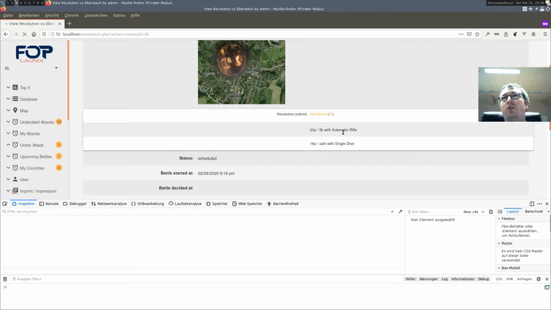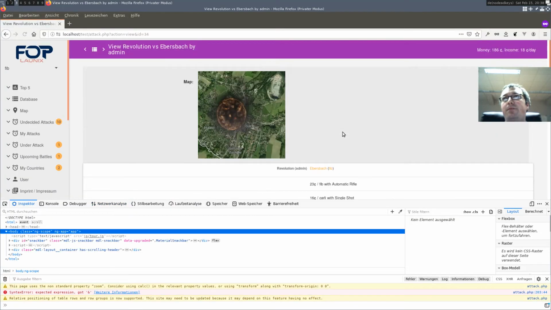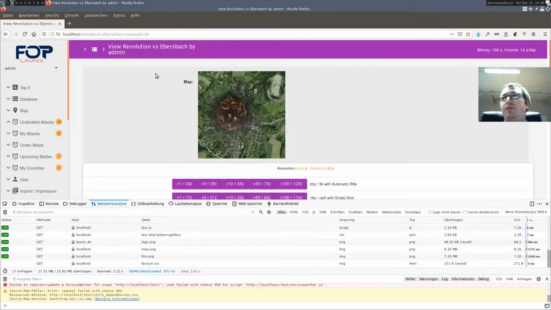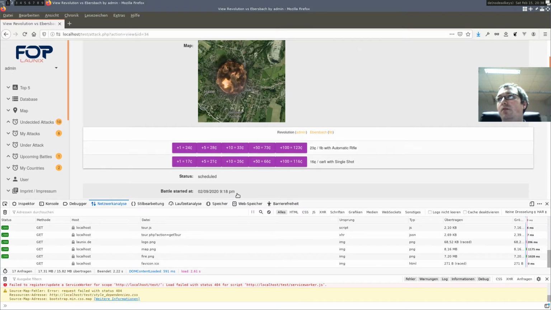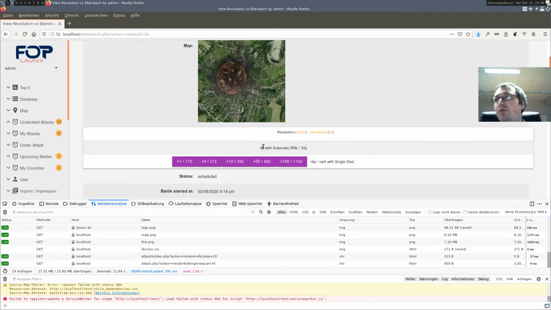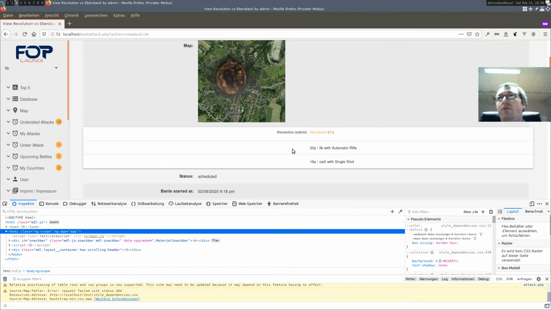Refresh, refresh. And there we have our user fib with all soldiers, and now I can bid 10. Now I have fib hired for 33, and this one should get updated soon.